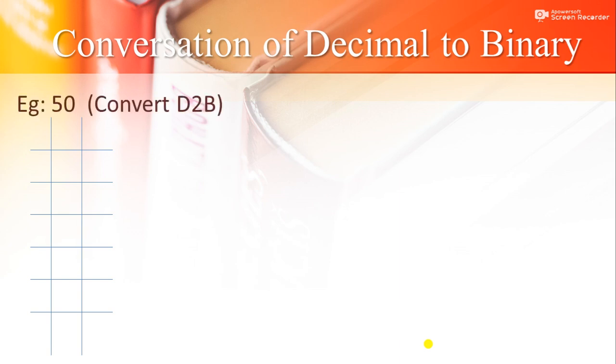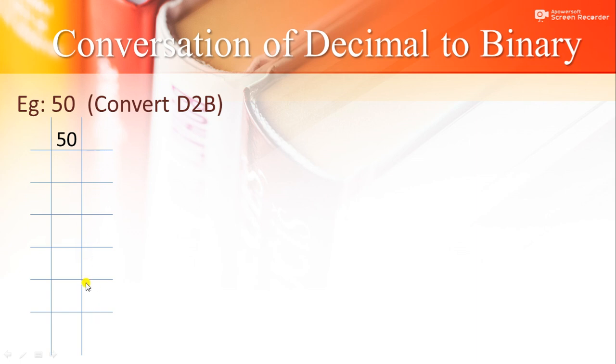Conversion of binary to decimal. Over here, I have taken an example of 50. That is 50 number is a decimal number. So let's convert to the D2B, that is decimal to binary. Students, over here, when we convert decimal to binary, we will divide that number by 2 only, because in binary they contain only 2 digits, that is 0 and 1. So we will divide the 50 number by only 2. On this middle row, we will write these answers, and over here we will write this 2, and on this side we will write this remainder.